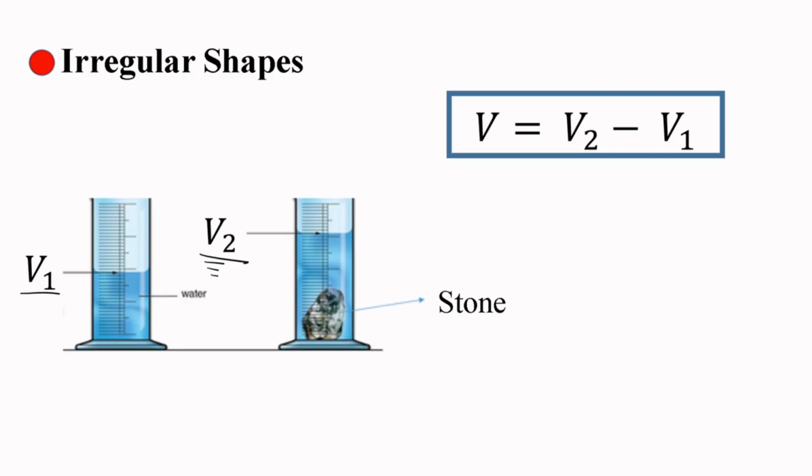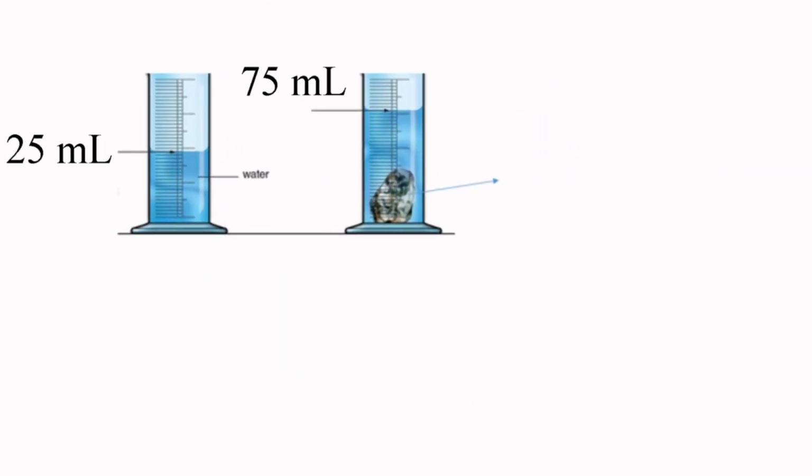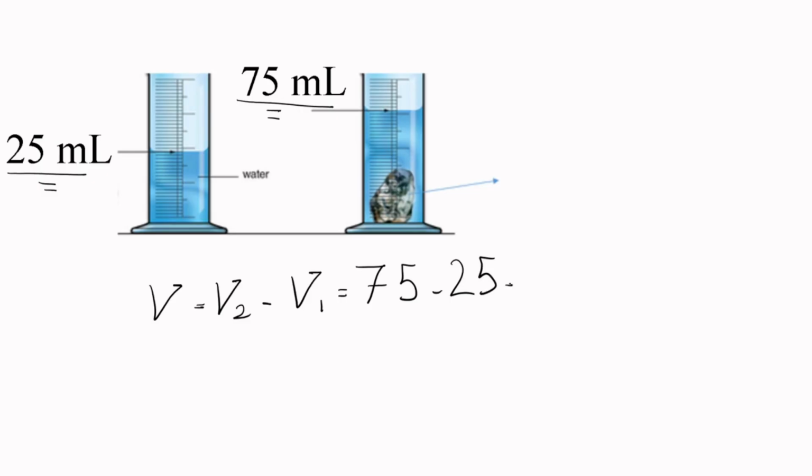Okay, let's solve one example together. Here we have a measuring cylinder of water, and the first level and the first volume that we have is 25 milliliters. We drop a stone inside it, the level of water is going to increase, and the second volume that we have here is 75 milliliters. We want to calculate the volume of the stone. So the volume of the stone is going to be V2 minus V1. It's going to be 75 minus 25, and it's going to be